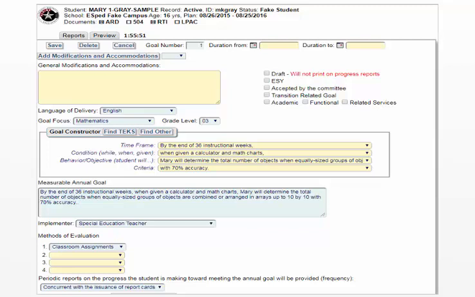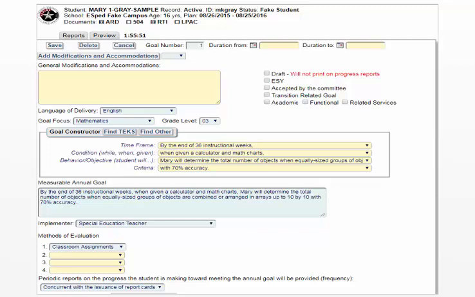The next box is going to be the implementer. You will select the implementer. The implementer is the special education teacher or whoever is applicable. Some examples are: inclusion would be a general ed / special ed teacher. Special ed counselor would be special ed counselor. My PPCD teacher would be special education teacher. If I have a PPCD teacher and a speech path working on this IEP, I would select PPCD teacher /